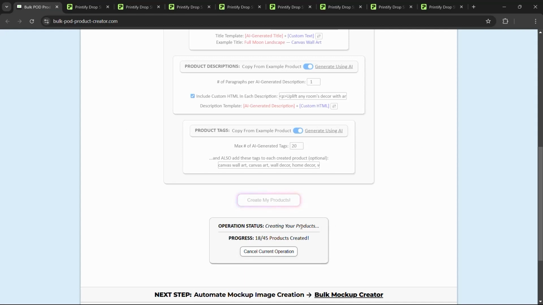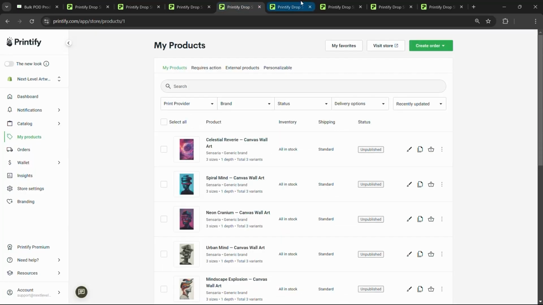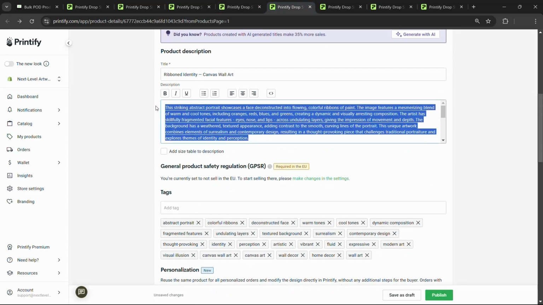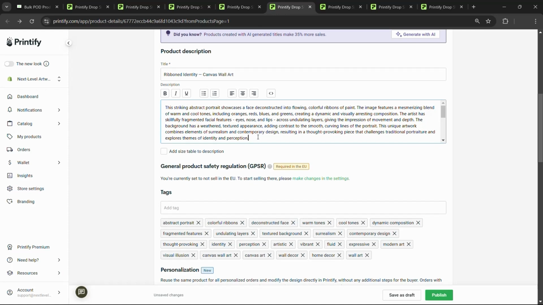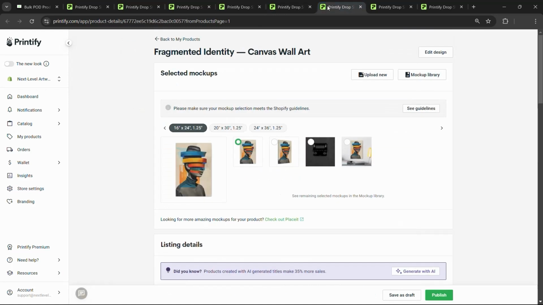do some other stuff. You can just go get some lunch, take a nap, work on other parts of the business, watch television, go watch a movie. You can just do whatever you want, and it's time that you don't have to spend sitting here manually typing this and racking your brain to come up with the perfect SEO-optimized description,